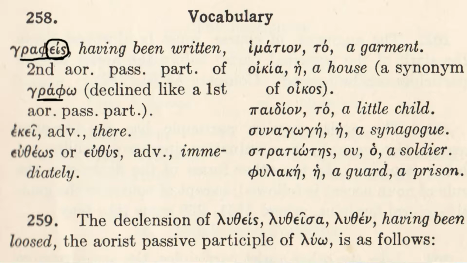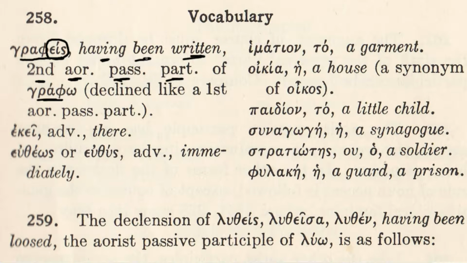And if you find this form, then you know that what you're dealing with is what is sometimes called the second aorist passive participle. It's called second aorist because there is no theta in it, and normally the aorist passive participle has a theta. The absence of the theta here makes it a second aorist. The endings are the same. So we're going to see these endings as we go along. Just make a note of it here. The rough translation of this would be, in any given sentence, having been written. The book having been written, the letter having been written, something like that.